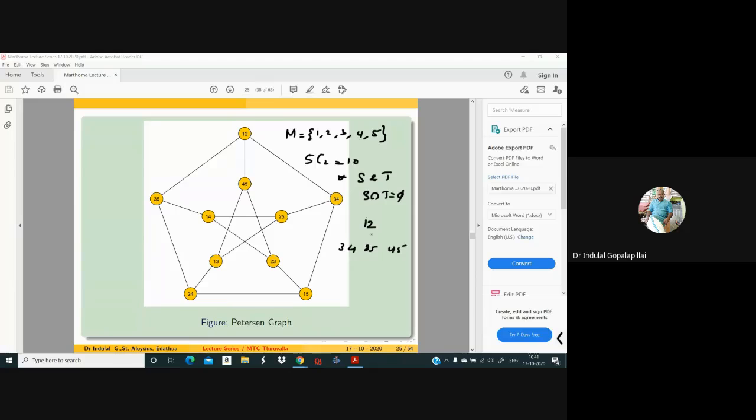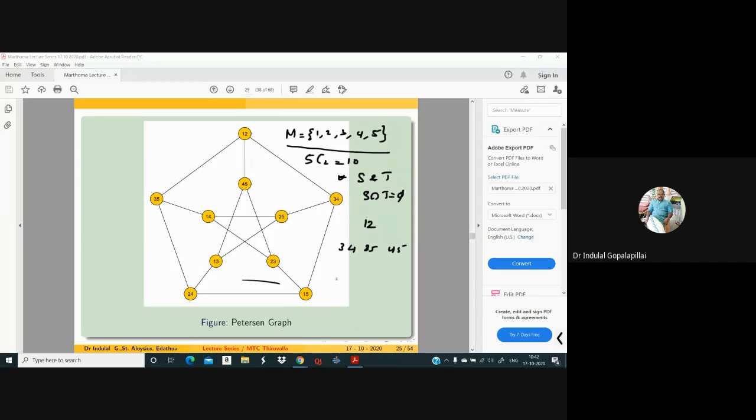And this is another definition of the Petersen graph. The classical definition is you take a pentagon outside, and inside you take a pentagram and join the corresponding vertices. Or you take a C5 and inside a C5 complement and join the corresponding vertices. So that is a classical definition of the Petersen graph. And this is another definition. The vertex set of the Petersen graph consists of all two-element subsets of this 5-element set, and two vertices S and T are adjacent if their intersection is empty, or if they have no common digits.